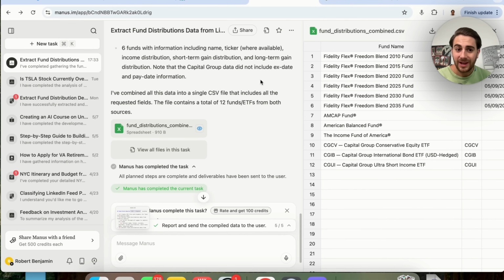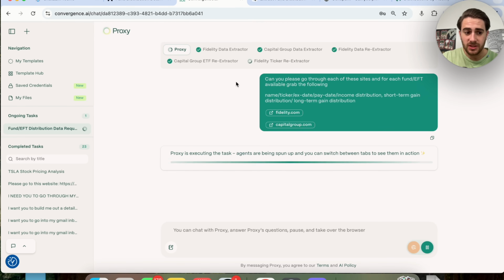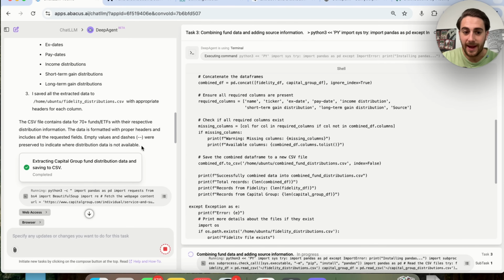Similar to Genspark, it did not actually do what I asked. It went through and did things, but it didn't actually complete the entire task. Okay, now Convergence is still going through and trying to do this right here. If we come over to Suna, this basically broke this. I don't know what on earth this tool is doing, and the only one that actually got it right is